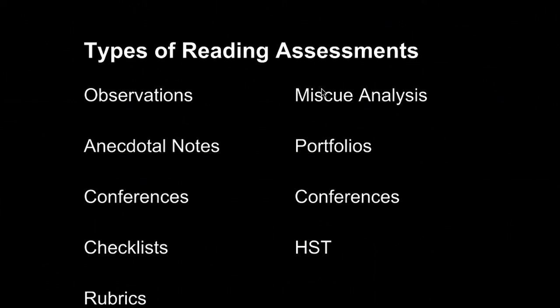And you can take anecdotal notes, walking around while your students read. Anybody who's taken 308 with me, Children's Literature and Literacy, knows how much I stress conferring with both young readers and writers. And that should be the cornerstone of your classroom. You can use checklists with your students. You can use rubrics, miscue analysis, running records, and different portfolios, developing a reading or writing portfolio, specifically a reading portfolio. Conferences to me are so important I put them up there twice, actually. And then high stakes testing. These are just some kinds of reading assessments.